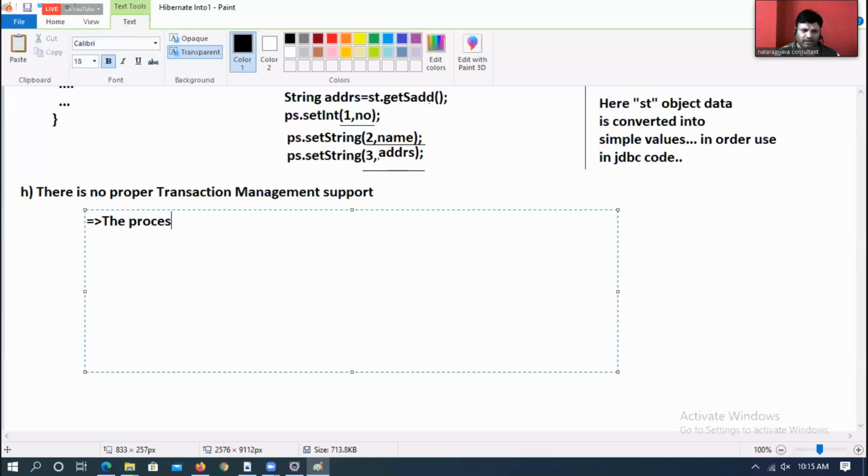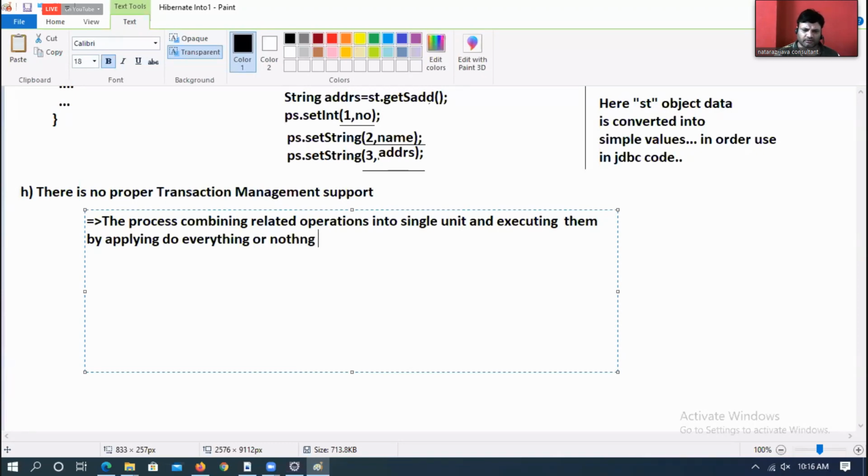The process of combining related operations into a single unit and executing them by applying do everything or nothing principle is called transaction management.